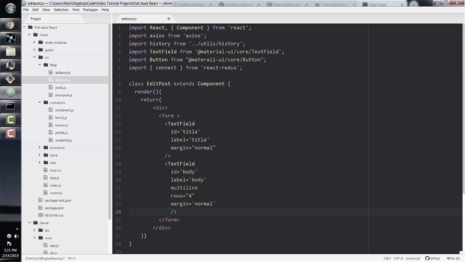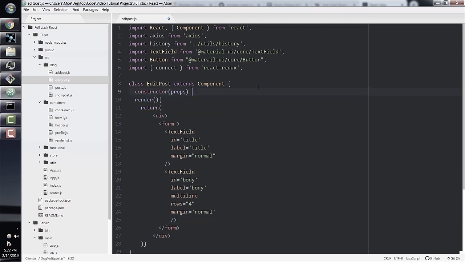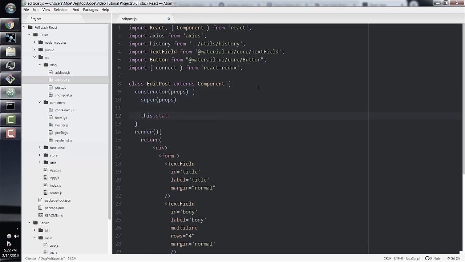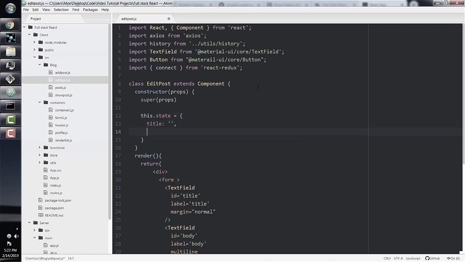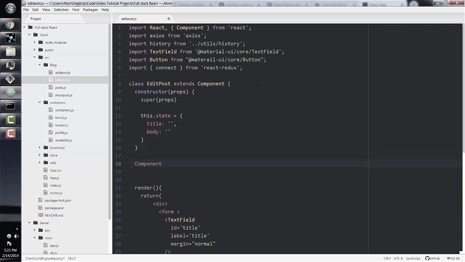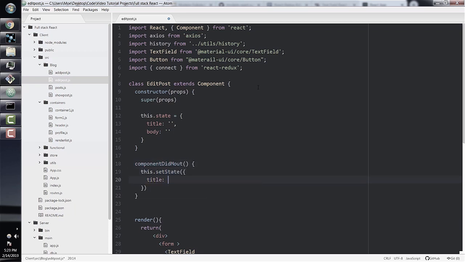Next, we'll need two pieces of local state to keep track of the changes to the title and body of the post. So let's set that up now. And we're going to set this up in a constructor. And this.state equals a JavaScript object and then title of an empty string and then body, and also set it to an empty string. And we'll want to auto populate these title and body local pieces of state. So let's do this in our componentDidMount method. So let's do componentDidMount and then this.setState and then title equals